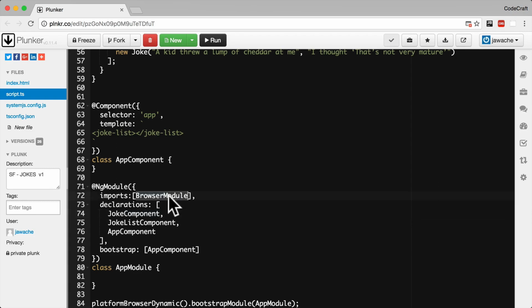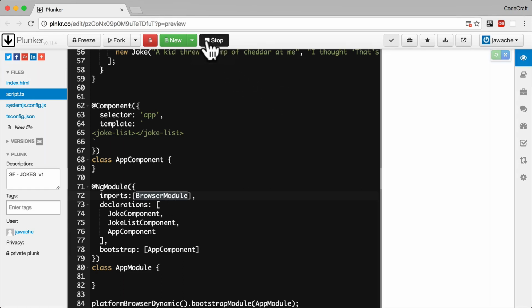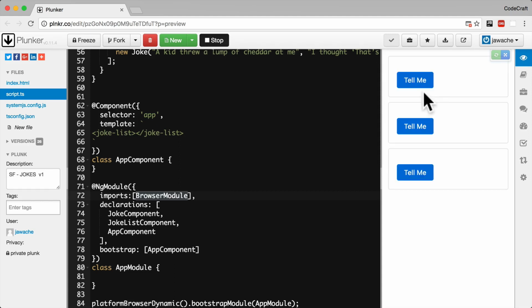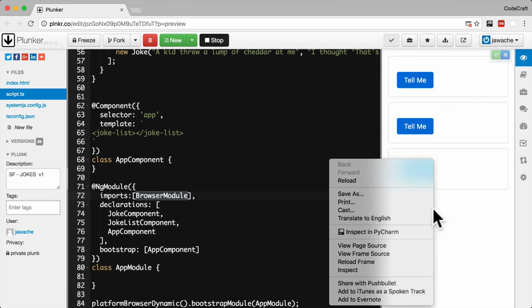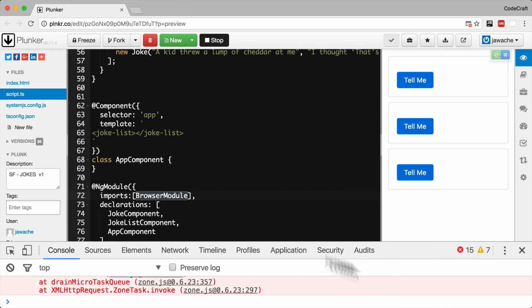So just by including the browser module in our imports, that's how we're getting the code for the ngFor directive. And that's how come we're being allowed to use that directive in our HTML. So if we ran this application now, we are just seeing some empty boxes. And if we inspected the console,